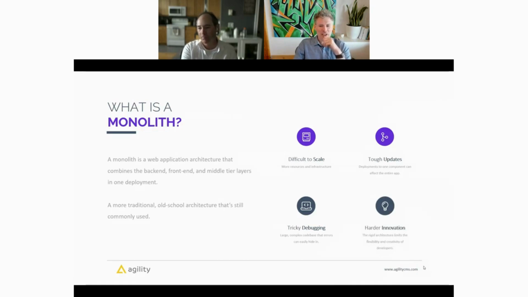And what about the innovation side? You mentioned here that it's harder to innovate on, and kind of move quickly on. So talk about that one a little bit. So in order to solve the scaling and the update problems and the debugging problems, what happens is organizations put these limits